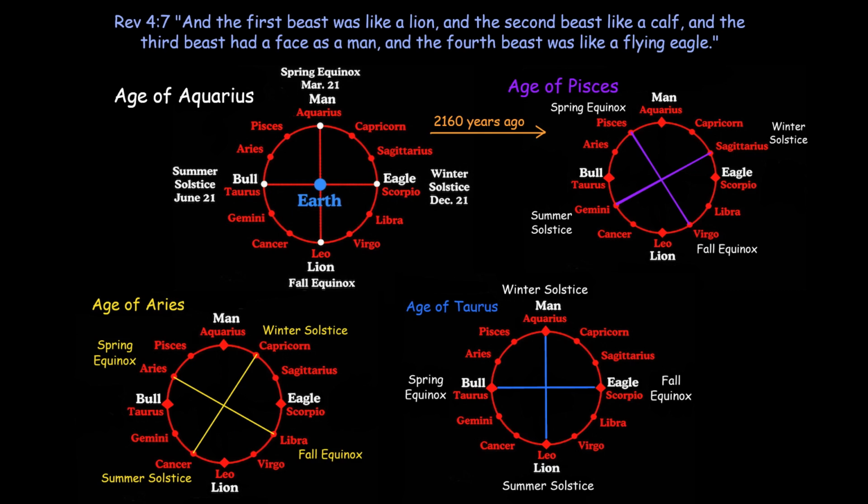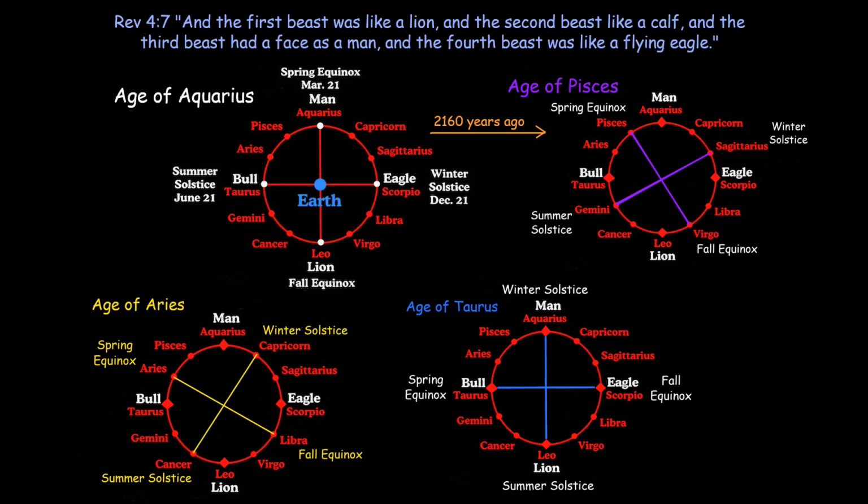For each age, we have 4 different beasts of heaven, occupying the 4 corners of the earth, which are God's divisions of the light and the darkness. They are the 2 equinoxes and the 2 solstices of the year. And I'll show a picture of Stellarium in a second so you can see all this in your mind. When the age of Pisces first started during Jesus' time, the 4 corners were Pisces the fish, Gemini the twins, Virgo the woman, and Sagittarius.